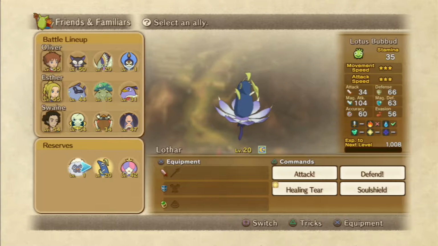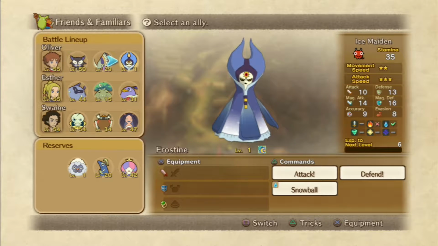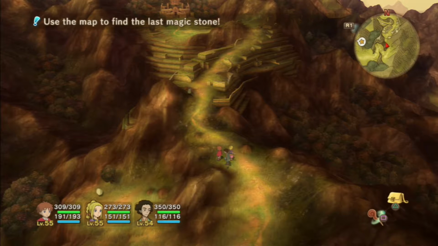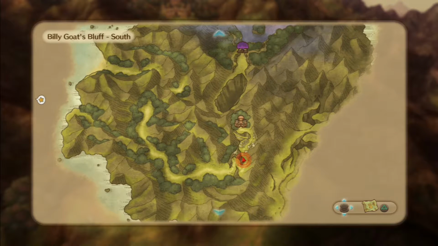The Lotus Bud, both of these are found outside of Yule. And then finally the Ice Queen. But what I've found here is an Ice Maiden, since the Ice Queen is in the next area we haven't yet encountered. So what I need to do is level this to its next form, which will turn it into an Ice Queen. Now, a great levelling spot at this point in the game, fantastic, is this area to the